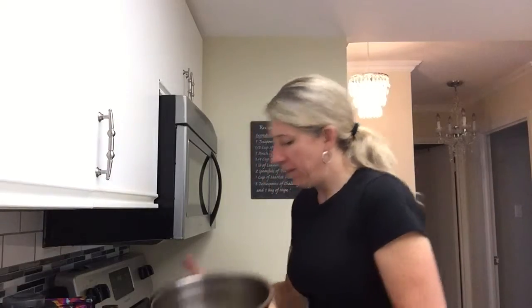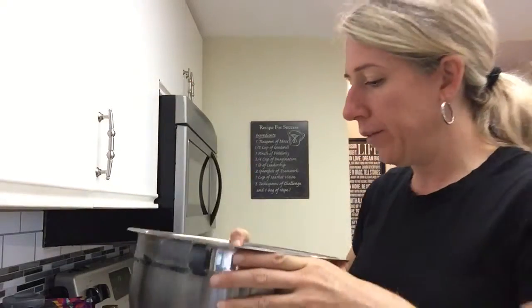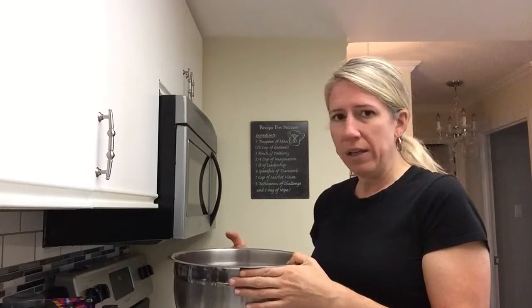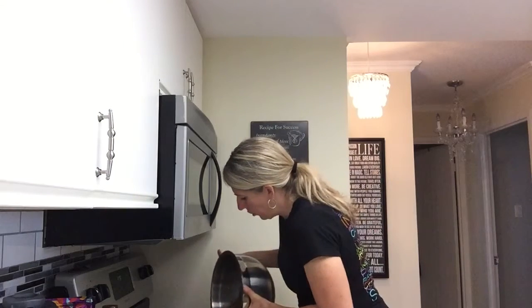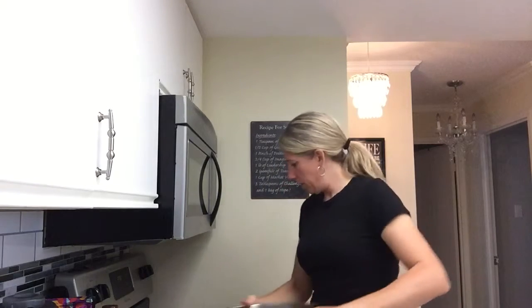So then I have this massive bowl. So this makes about 4 liters of granola, and that lasts me a while because granola really packs a punch. It's very high in calories, so you don't need a ton of it. And so then what I do is I just dump it out onto, I'll show you once I'm finished here. I'll dump about half of the mixture onto, there we go,